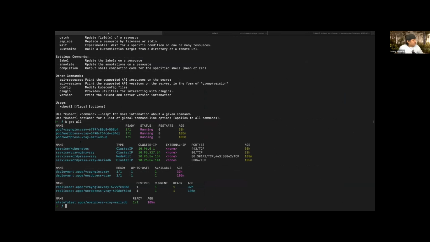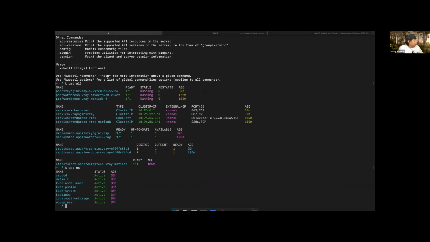You can see here in my default, oh, well, let me show you. What I got here is Argo CD, which stands for the Argo project, for the continuous delivery that I'm going to show you. I have the default namespace as well. I have a bunch of things like Kubeapps and WordPress, right?